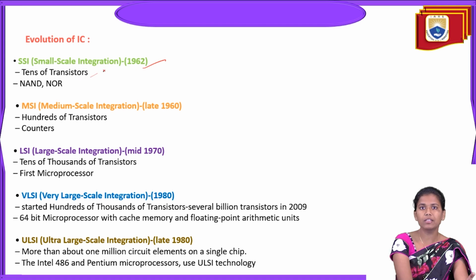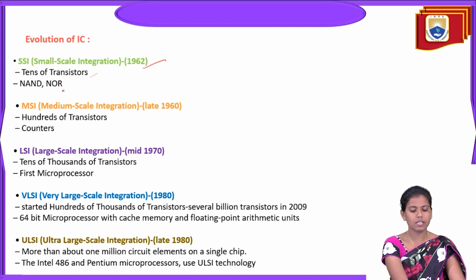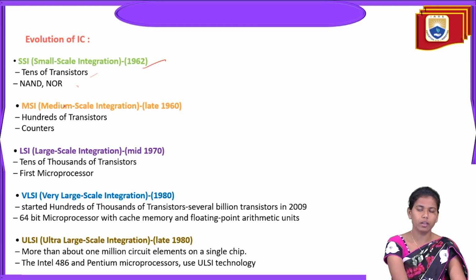It consists of tens of transistors, and NAND and NOR gates as well. So this is a very basic kind of IC. In 1962, it came into existence and it consists of tens of transistors, and NAND and NOR gates are incorporated with it. And then, later on, after the years passed,